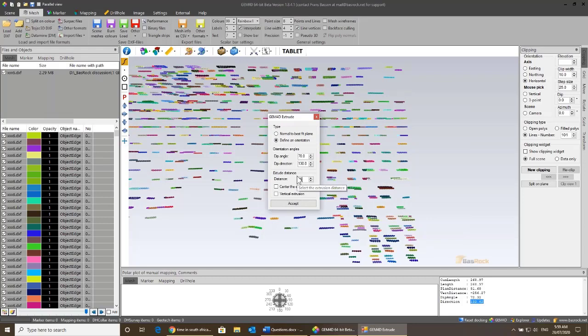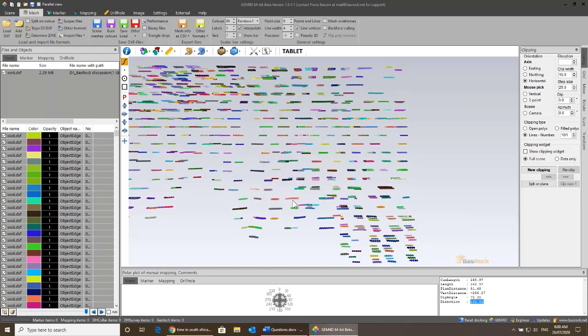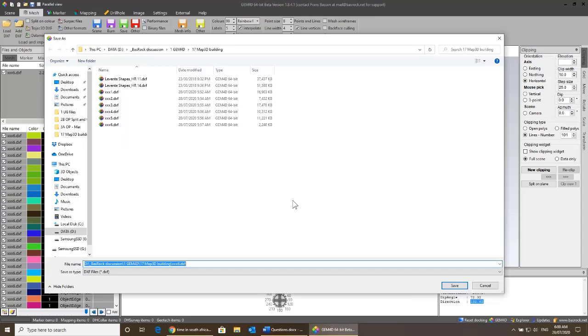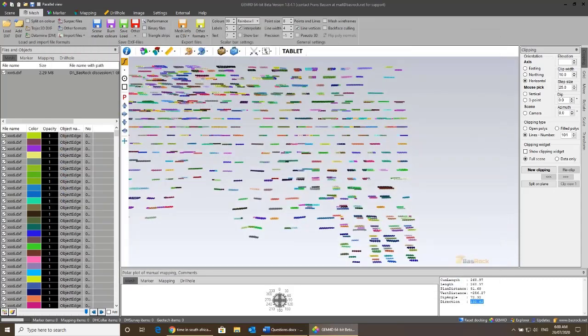What this will do is extrude it just down in the direction that you specified. But after I extrude it, I want to bring it back to the center, back to the middle. So I center my extrusion, and because that 25 meters is not along the dip, it's the actual vertical distance, the vertical extraction distance, I check the second button as well, because that will make the correction for the distance along the dip of that selection. So if I now say accept and I call it XXX7,